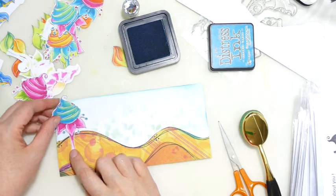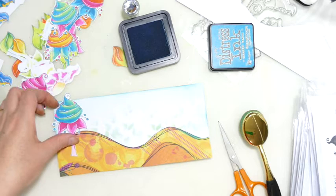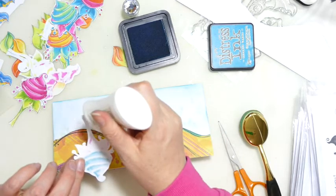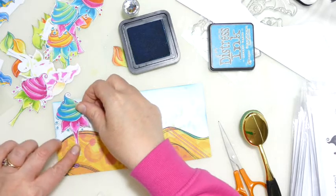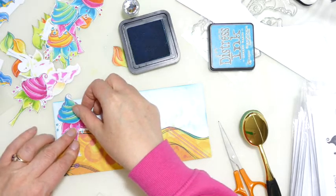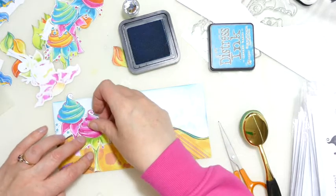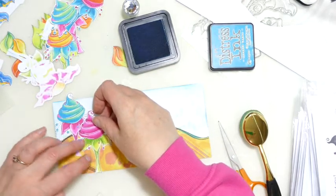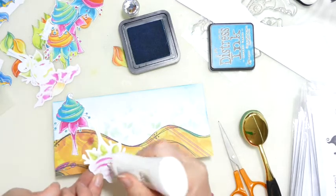Now, the thing is, as we do this, we're going to end up with some of the tree parts sort of looking like they're floating. But as I said, what I will do is I'm going to grab some more wiggles, and we will disguise that in just a moment. So let's have that like that,